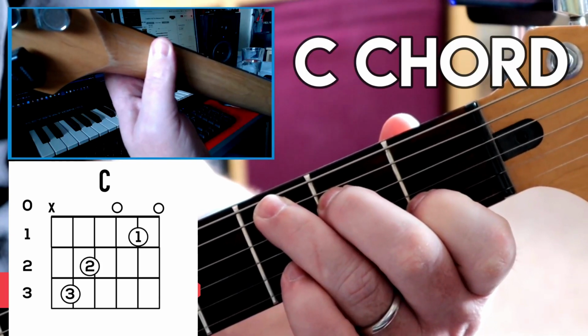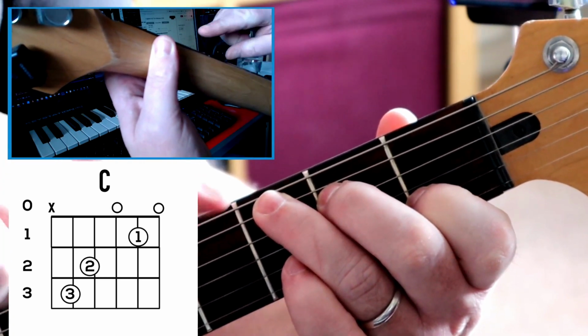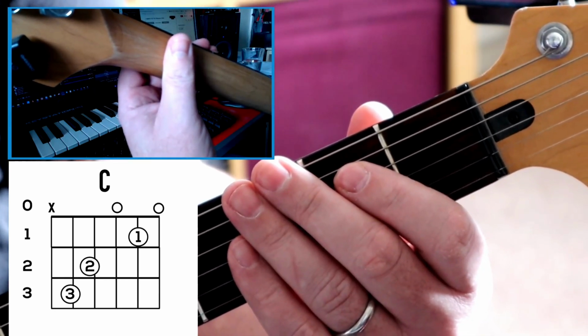This is the C major chord. As you can see, the shape of this chord is a diagonal. It cuts across the fretboard diagonally. All chords are shapes. First things first, I'm going to show you the order to put your fingers in, because